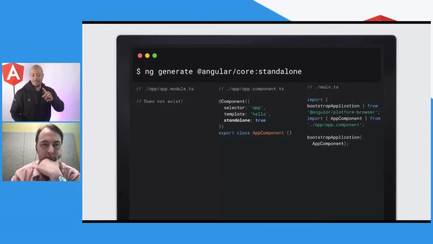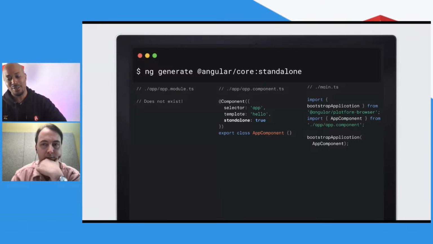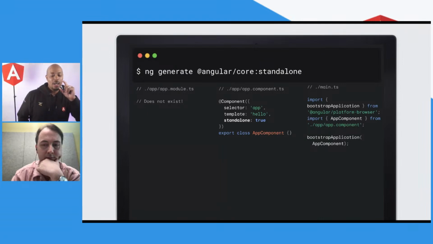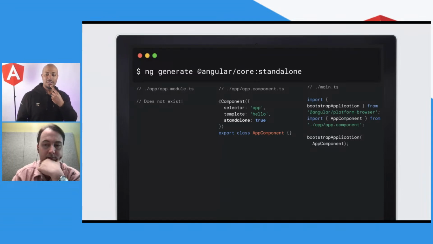Now, I want to touch on something real quick before I go forward. I saw a really nice example where someone put their app.component.ts into the main.ts and just had a nice, crisp looking file. And then I asked our team internally, why couldn't we just do this as part of the ng new standalone experience?